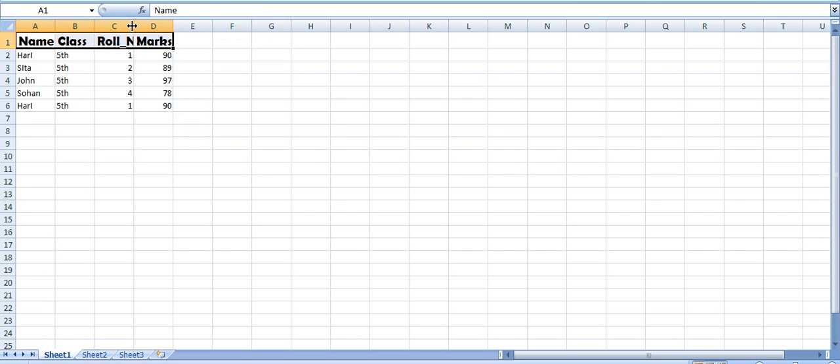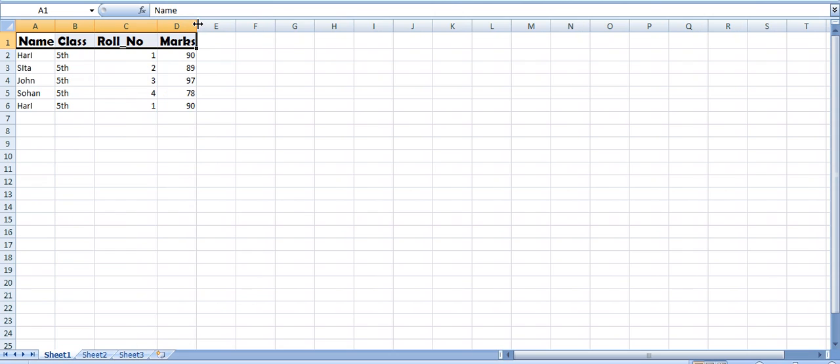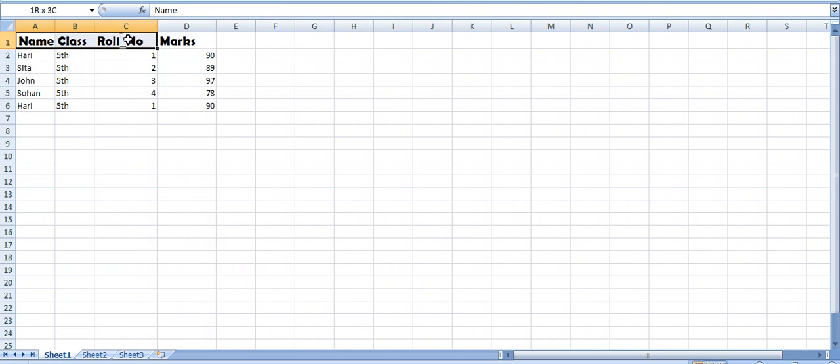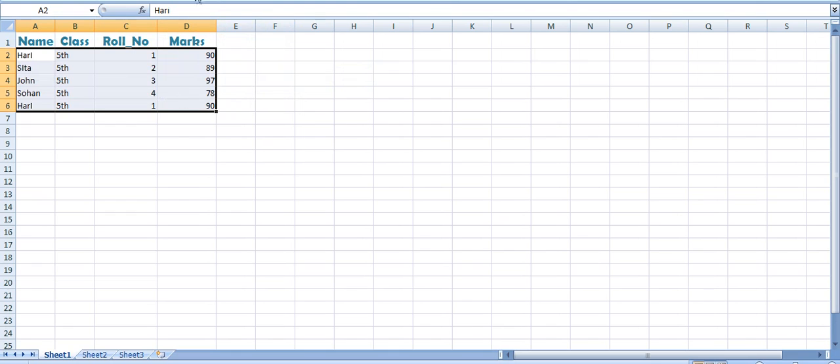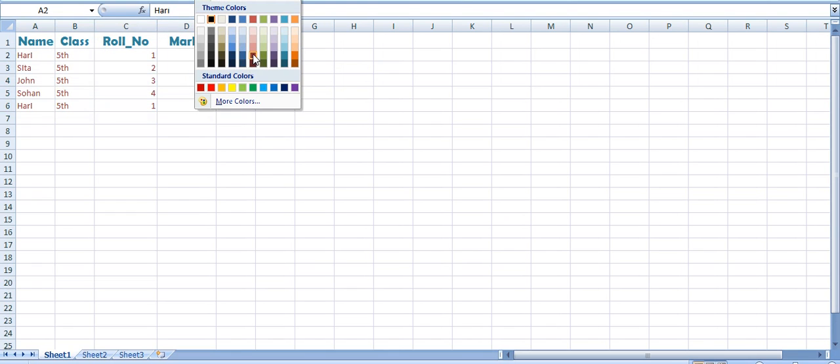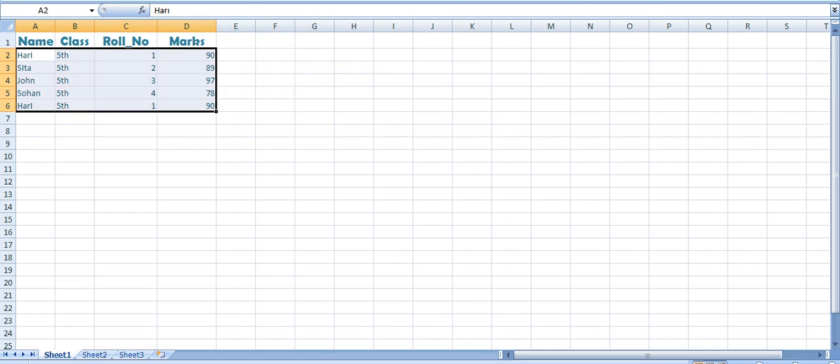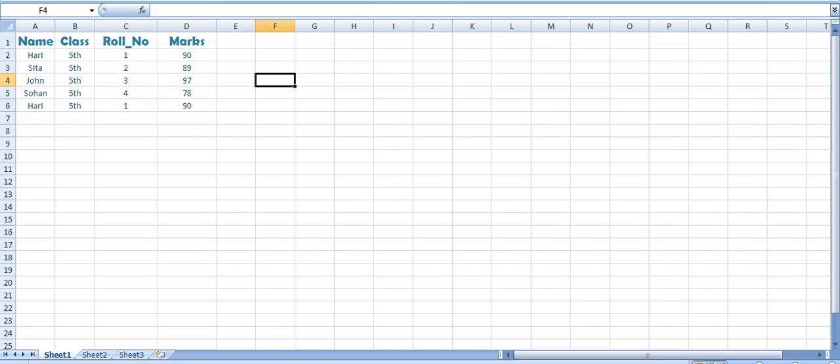So what can I do, I can just expand this column so that we are able to see everything very well. Now we want to align, means we want to put this data in center. Here is the alignment option, and you can select center from here, or you can also change the font from here. This option in the font tab is given. All these things you can do in Excel. This one I just want to put light blue, and also want to put this data in center. Now you have done the formatting, you have cut, copy, pasted your data.